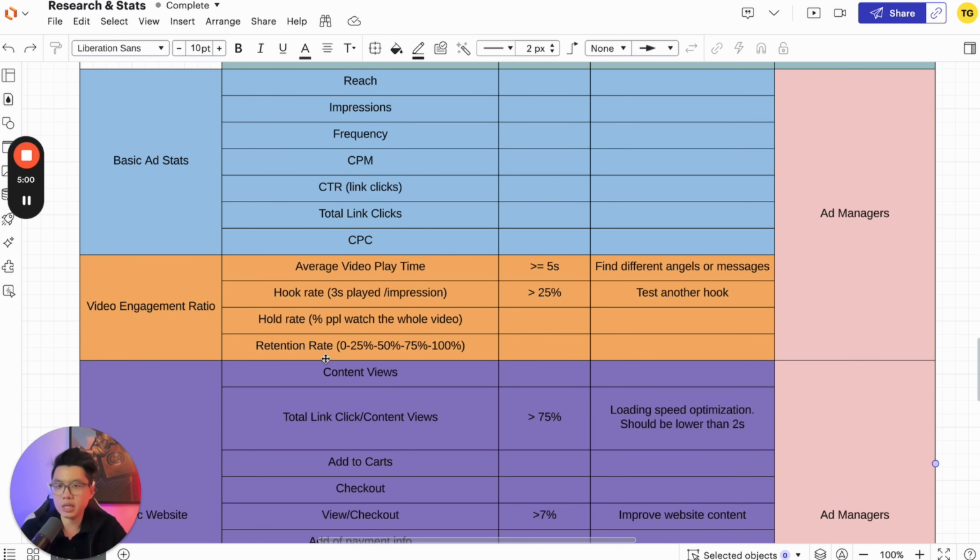And the retention rate, you need to keep track of different milestones, like 25%, 50%, 75%, and 100% of people who are watching the whole thing. So you see where they drop, and you watch your ads again, and you can analyze, and you can use this statistic to draw a benchmark for your team. Let's say most people drop at 75% for most of the videos, but the next video you release, people only stop at 25%. You know something is wrong with the messages,